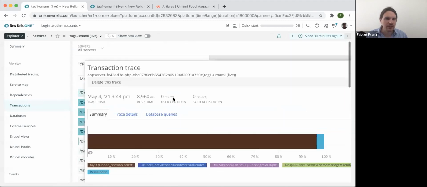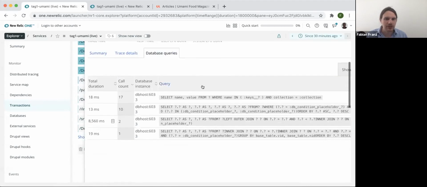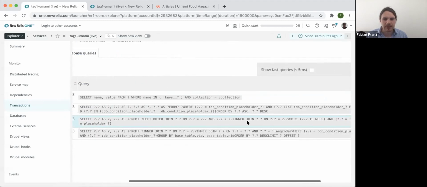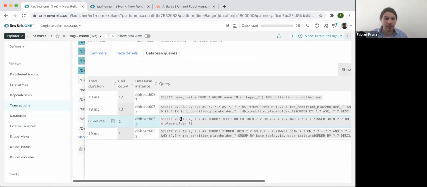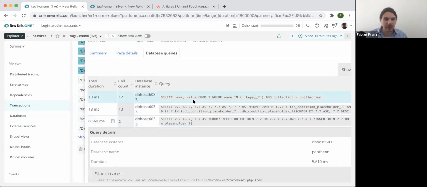First of all, this might be just that this is a very slow query. So this is the query, and if you read some other Tag1 articles, there's a left outer join in here, and then there's an inner join. And while joins are fine on databases, inner joins are usually much cheaper than if you're doing left joins or left outer joins. So there might be a query that maybe is just bad because it performs really badly. That's what we can see here.